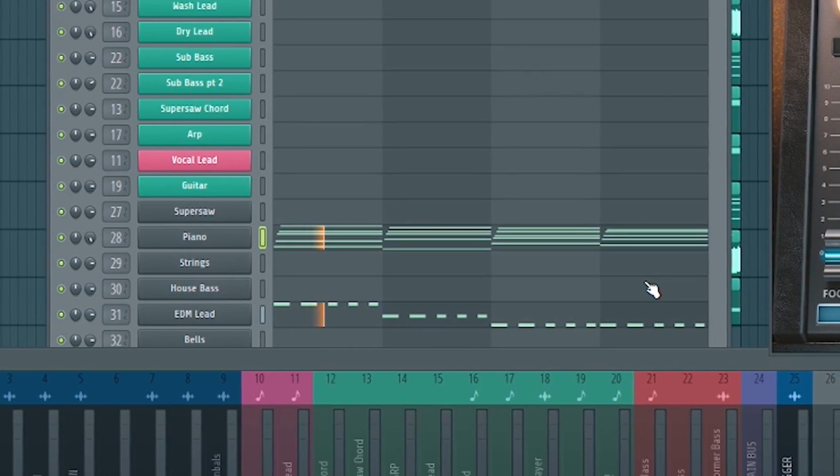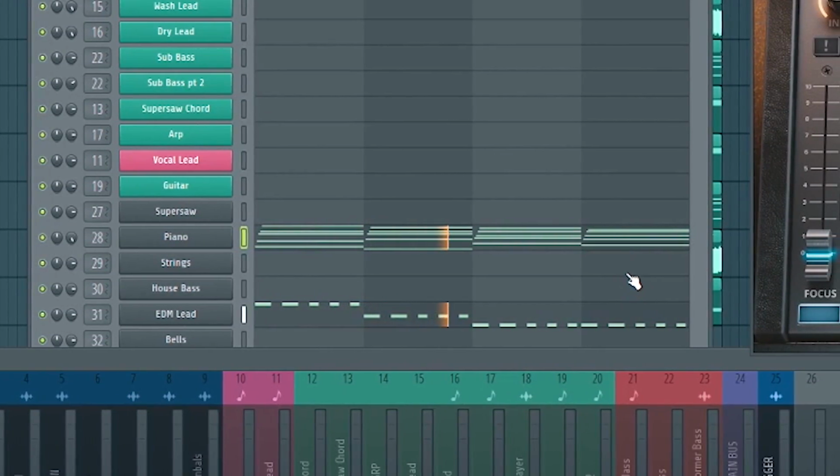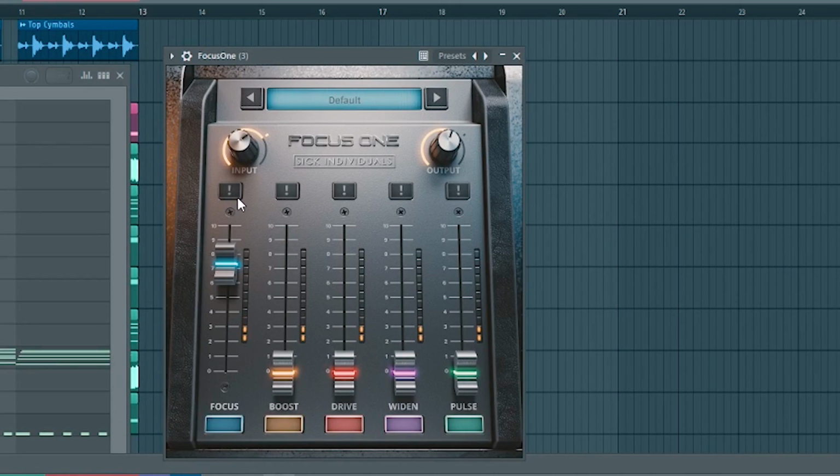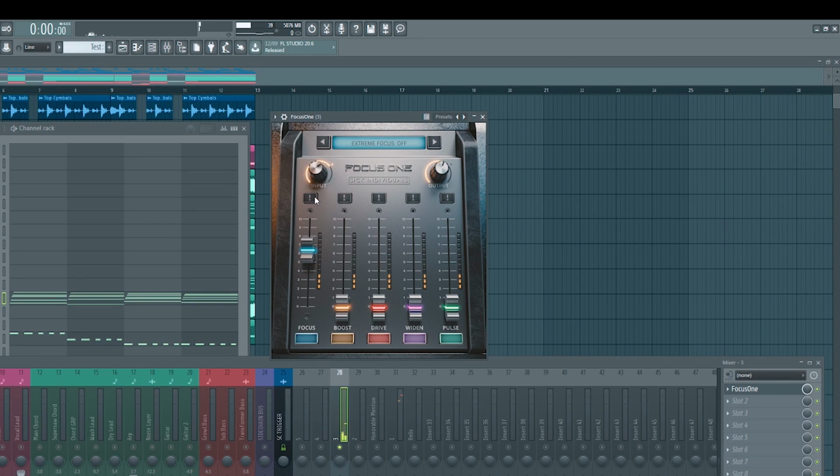This thing really helps fatten up lead sounds, but that's actually the great thing I love about this plugin, and the reason it's number one is it's not only good on EDM sort of lead sounds, it's pretty much good on everything. So for example, I have these Rhodes. And actually a really cool thing I forgot to mention is there's these exclamation marks above each fader, and it pretty much just does what it normally does, but like times 10. So if we take the focus fader and then turn extreme mode on,